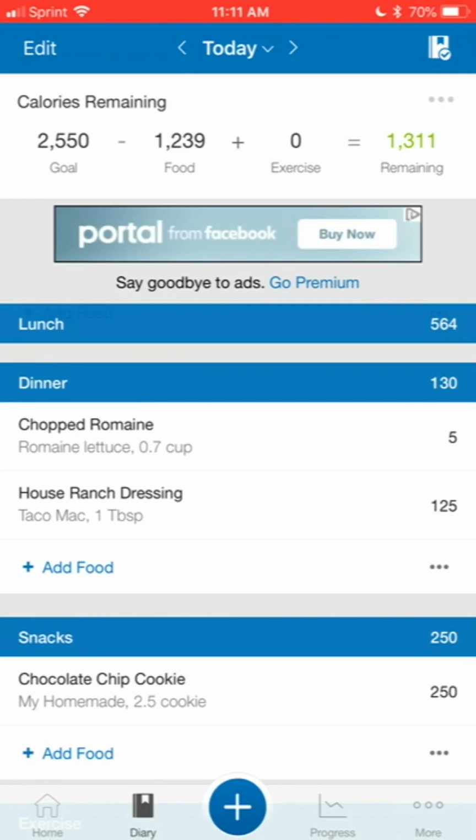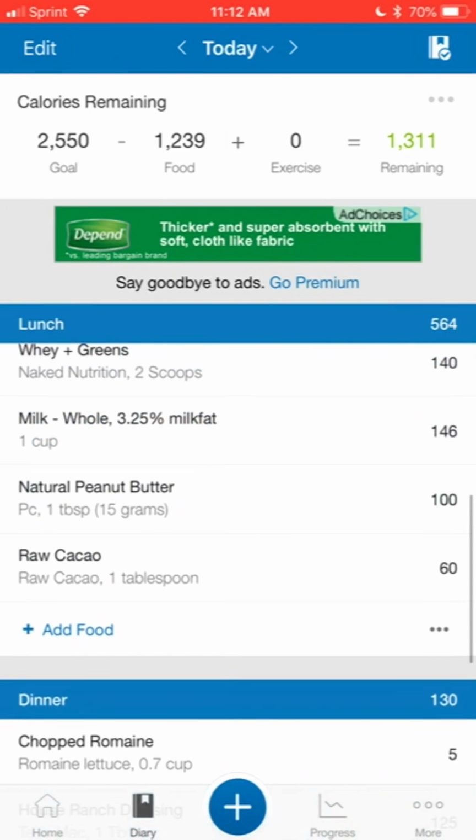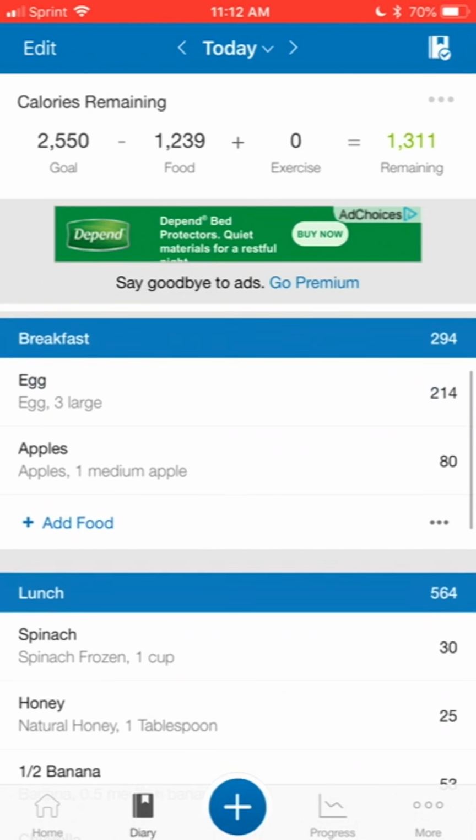You wake up, before you eat your meal, you're going to enter the meal, and then that way you'll know if you've eaten too much or you're about to eat too much for that meal, or if it's just right. And you can actually, if you wanted to, plan the whole day in the morning, and that way you know what you're going to eat all day. There's a lot of ways to go about this, but the cool thing is, like I said, if at breakfast, I realize,